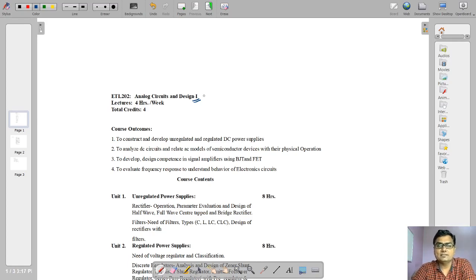As we are in an autonomous structure, the subject name is what we call the course name. Course means your subject, and the department, that is Electronics and Telecommunication, is what is your program. So your course name is your subject name and your program is your department. So you belong to the program Electronics and Telecommunication. So let us come to the point.